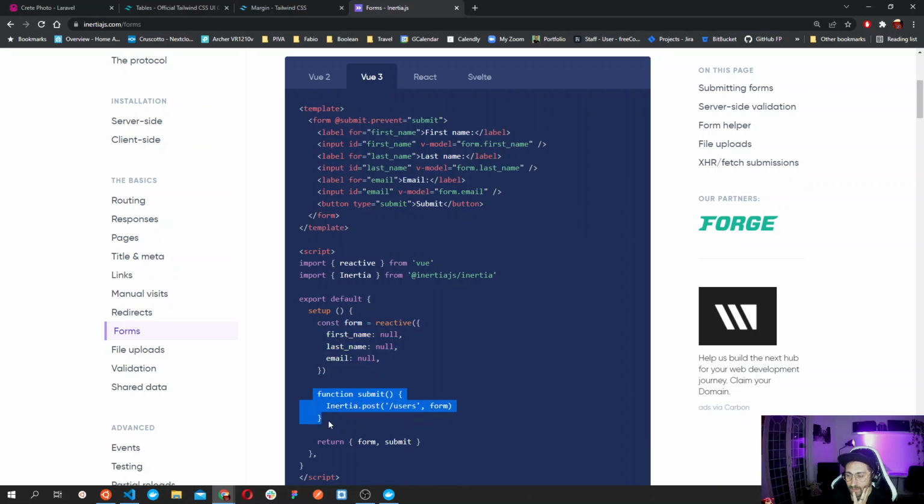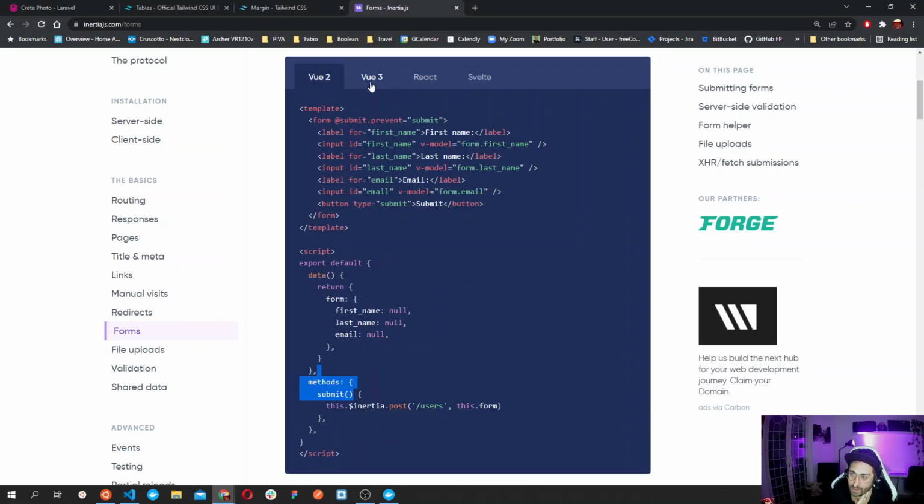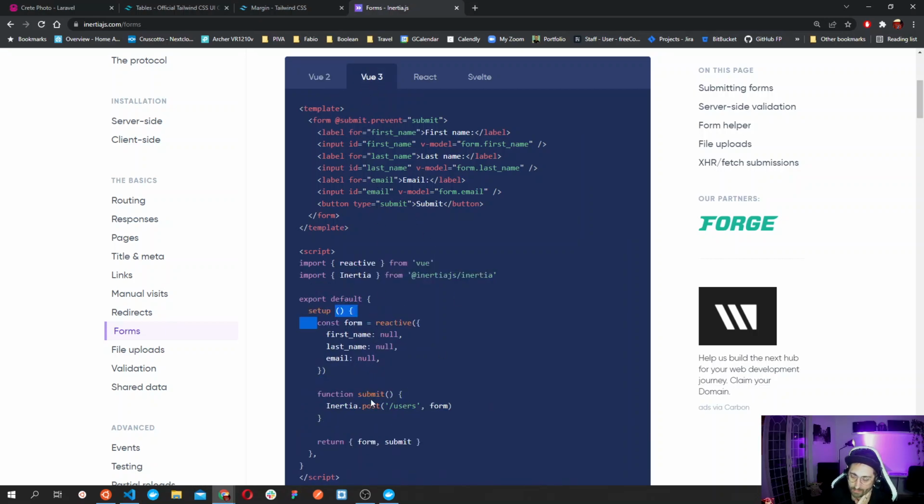Okay. I'm not very familiar with Vue 3, but reading the two and comparing them, it should be quite simple to figure out what they do. So we need to return these two, form and submit, because we are calling form in here, and then we are calling submit. It looks like we have no access to these inside the setup function. Okay, sounds fine. So we need to do that,